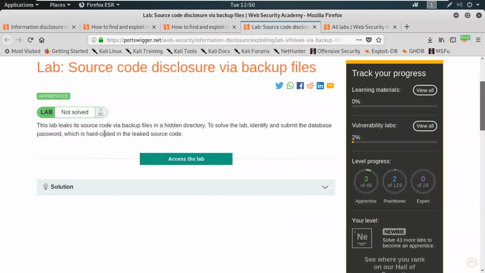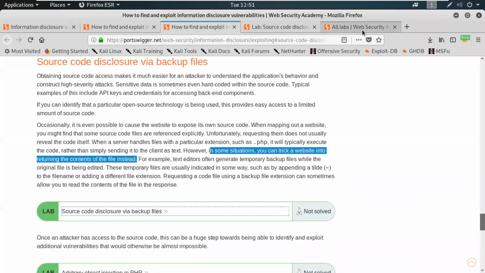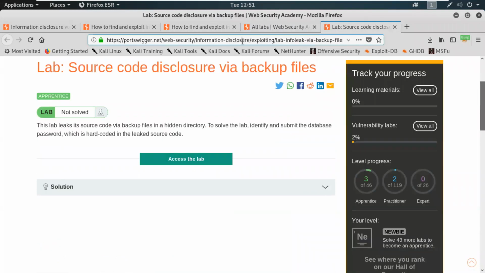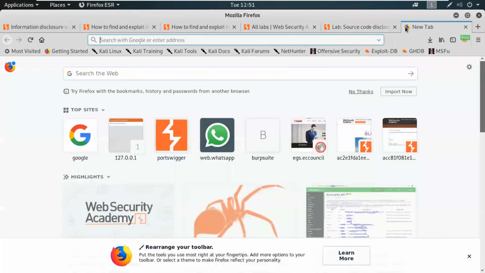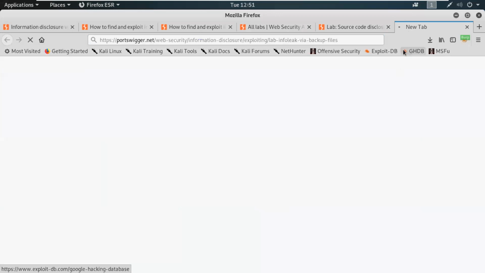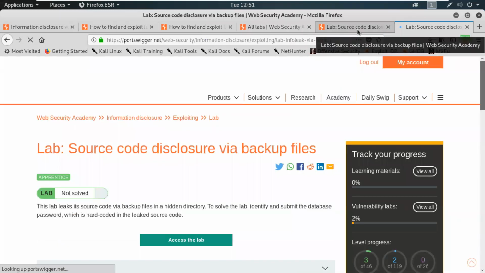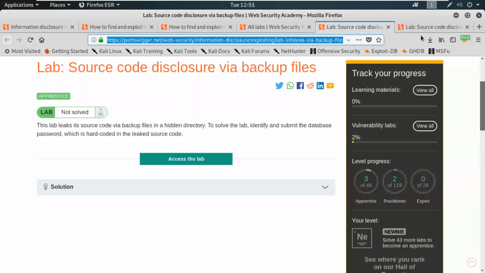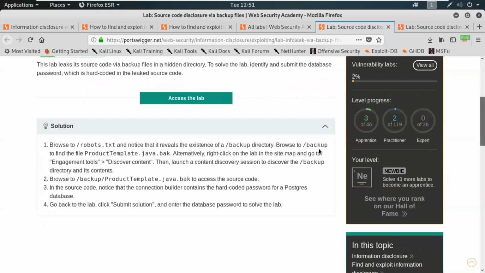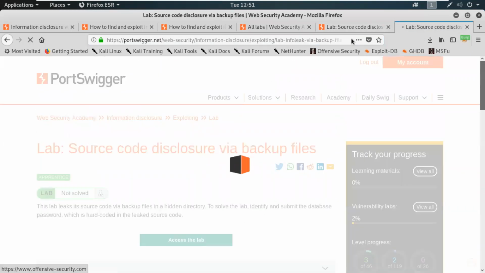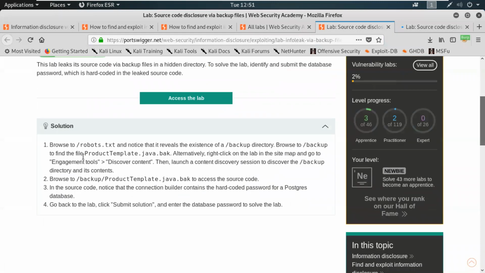This lab leaks its source code via backup files in a hidden directory. To solve this lab, let's try this. Browse to robots.txt and notice that it reveals the existence of the backup directory.